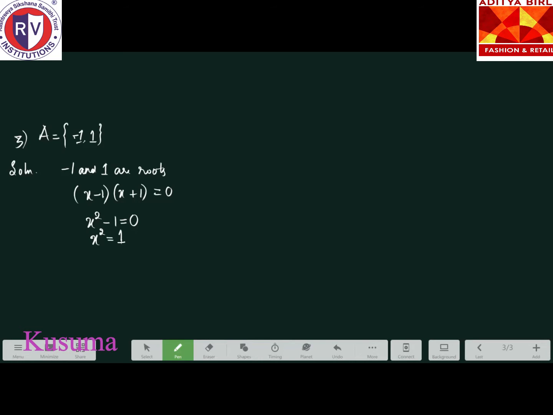Right? So let us see the next question. That is question number 4. If A and B are finite sets and A is a subset of B, then the options are: option A, N of A union B is equal to N of B. Option B is N of A intersection B is equal to N of B. Option C is N of A intersection B is equal to 5. Option D is N of A union B is equal to N of A. Okay. Here what is given?